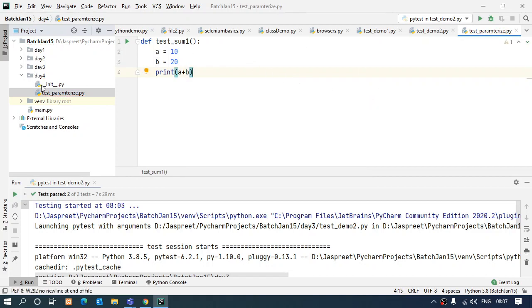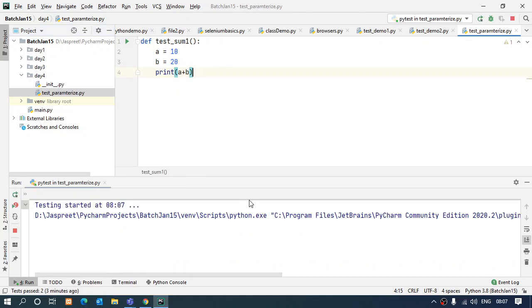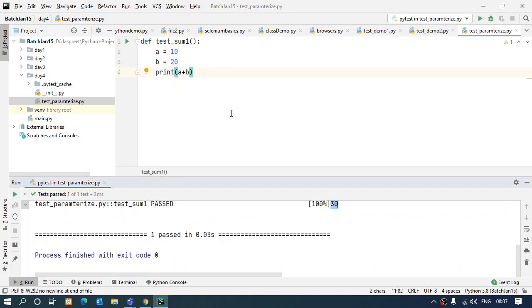Right, this is one of my test cases. If I run this, I get an output over here, 30.